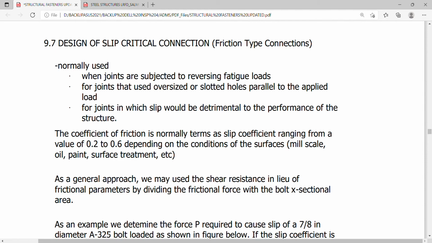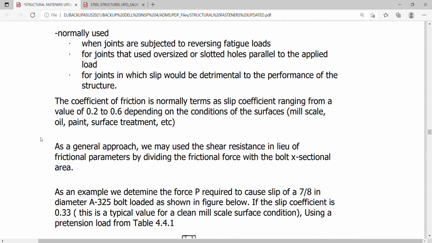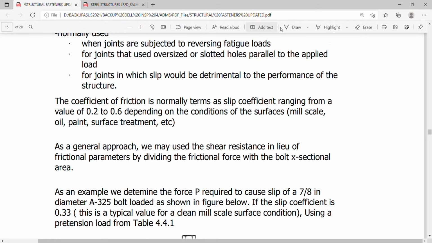Okay, so as a general approach, we may use the shear resistance in lieu of frictional parameters by dividing the frictional force with a bolt cross-sectional area. So instead of considering the frictional parameters, we normally convert it into a shear parameter by simply dividing the force mu times T with the bolt sectional area. Okay, so if you divide this, so this is a simple shear